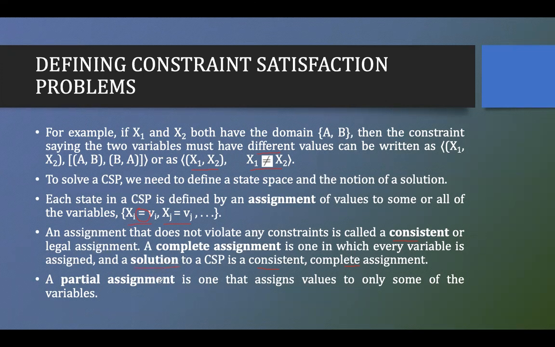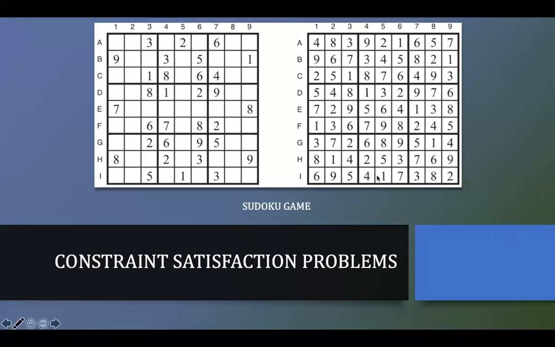A partial assignment is one that assigns a value to only some of the variables. So when we talk about partial assignment, it means some of the variables do not have any value, and for that reason it is called partial assignment. As I told you, the constraint satisfaction problem is all based on some constraints and the game theory,